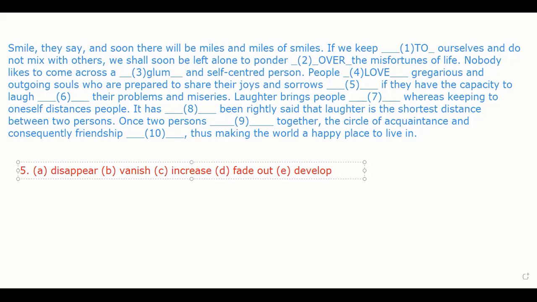See, increase and develop are enhancing things, and disappear, vanish and fade out are decreasing things. You start thinking whether you will put an increasing kind of word or a decreasing kind of word. You have to think first, and then you will choose. Like Moksha says fade out, which is a decreasing thing. Disappear is a decreasing thing, vanish also a disappearing thing. Understood the difference between the two groups here? One group, disappear, vanish and fade out, all show something going low, going down. Increase and develop is going up, going more.